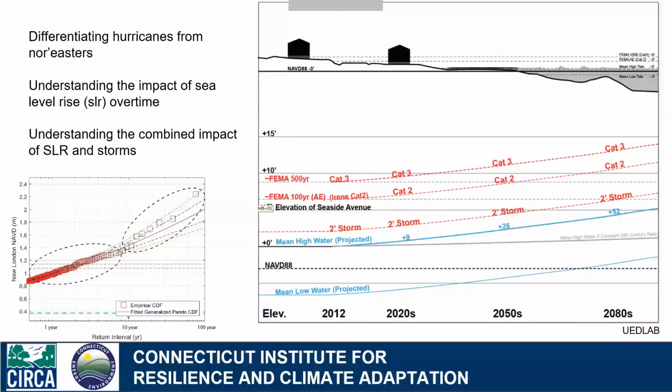So the graph on the left is something that Jim O'Donnell has been using to highlight that we have extensive empirical data on nuisance storm events, and that's part of how we evaluated the expectations of the 2050 storm, and identifying the 50 centimeters that are part of Public Act 18-82. But you can see on the right of that graph, there's a lot less data on hurricane events. So we're dealing with a lower amount of data, but we're also dealing with much larger storm events that have bigger impact.